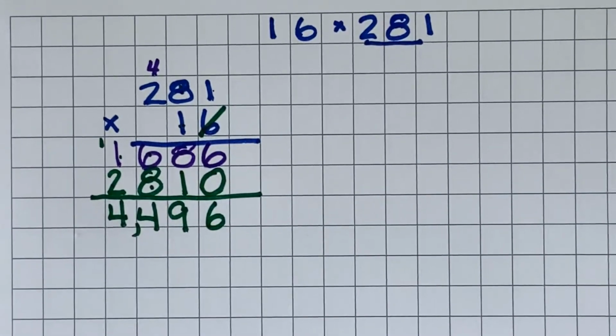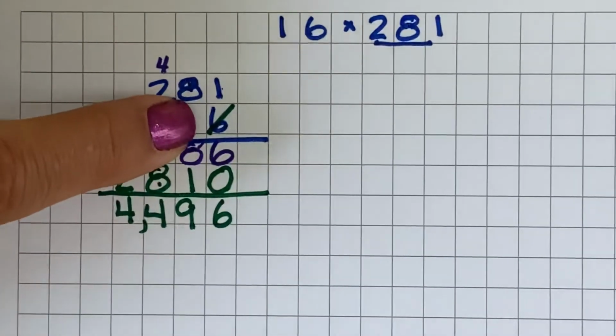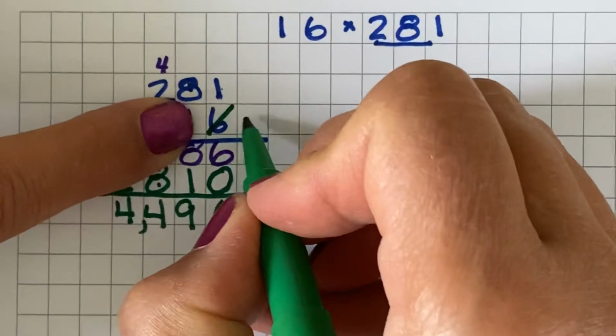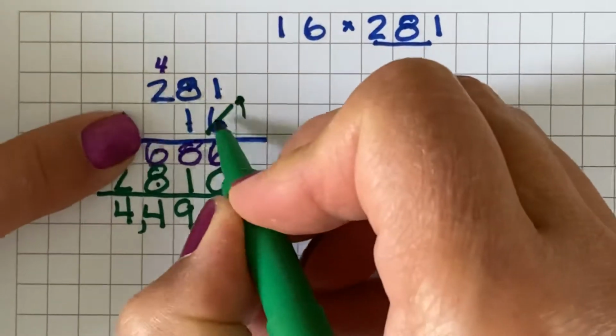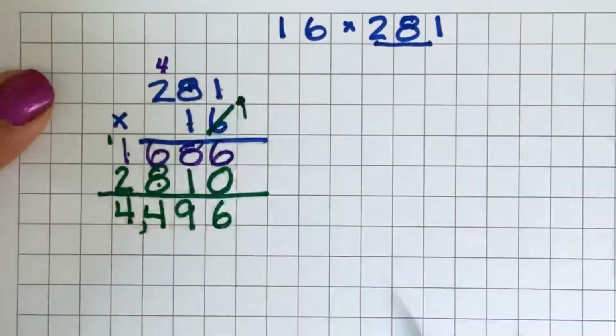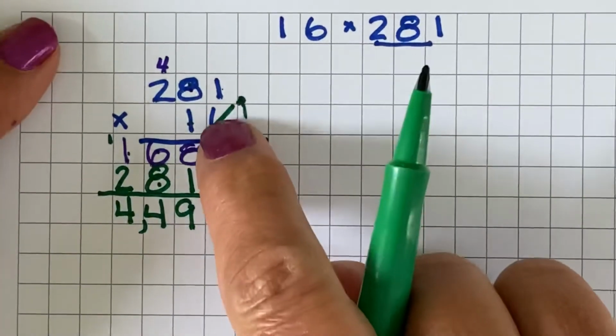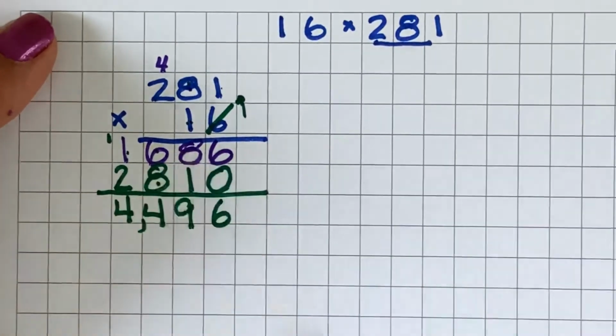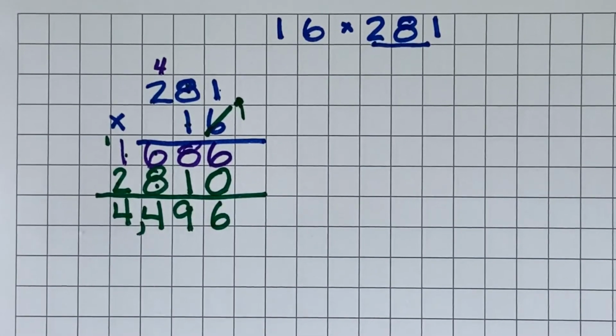Real easy way to, it's the traditional method, okay? Remember, you line up your numbers. You only take one number at a time. It's always this times this, this times this, this times this, okay? And then you cross that number out, put a 0, and then go with the 1. Okay, so that's just a real quick